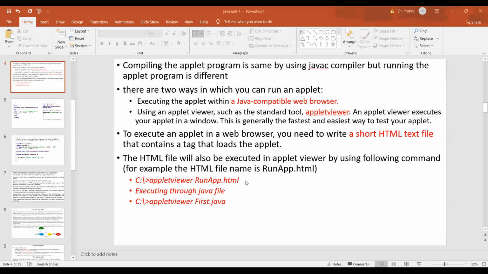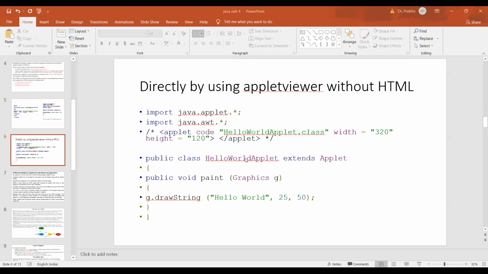So without the HTML, if you want to execute Java code by using the applet viewer, what we have to do is write the applet tag inside the Java code, at the starting after the import packages. Then the applet viewer will recognize it, even though it is in the comment section.